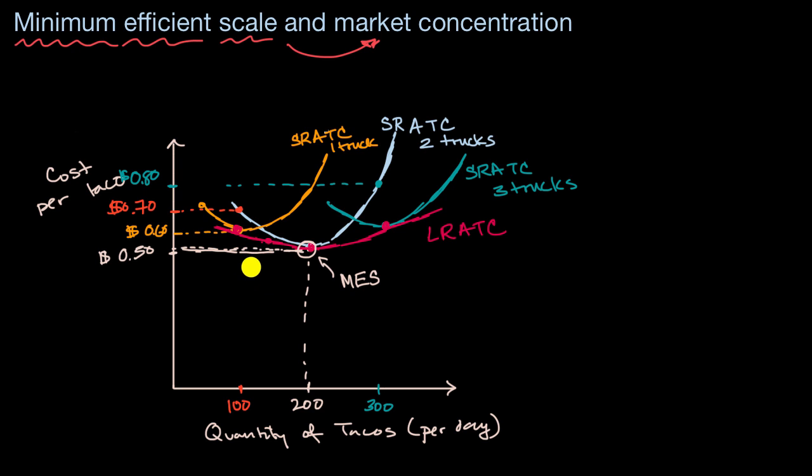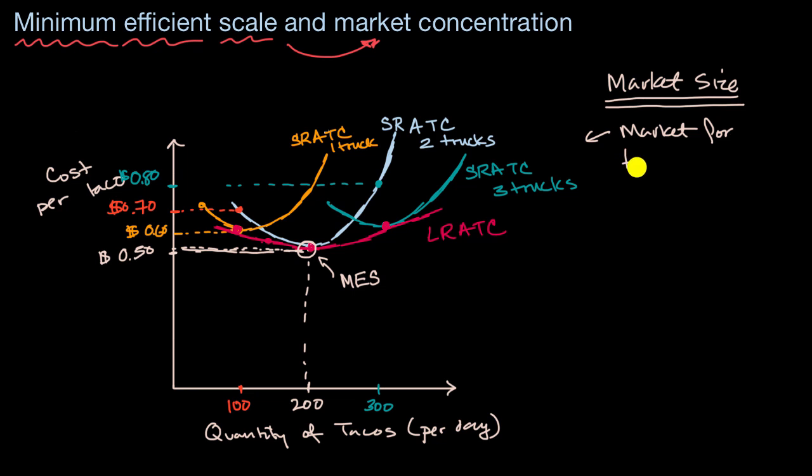And so economists like to think about what the minimum efficient scale is and compare that to the entire market size. Now, what do we mean by market size? Well, it depends on how you are defining the market. In our example of our taco trucks, it might be the market for tacos in our city. And of course, you can define different markets. You could define it as the market for food trucks in our city. You could define it as the market for tacos in our state or our country. But let's say the market for tacos in our city, and let's say that that market is 10,000